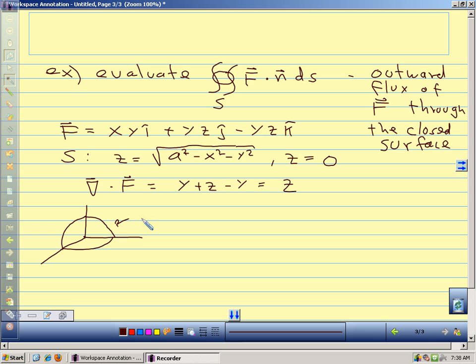Our surface is x squared plus y squared plus z squared equals a squared. So we have a sphere, and we're going to want to use spherical coordinates. In spherical coordinates, we're integrating del dot F over our solid region, with z in spherical coordinates